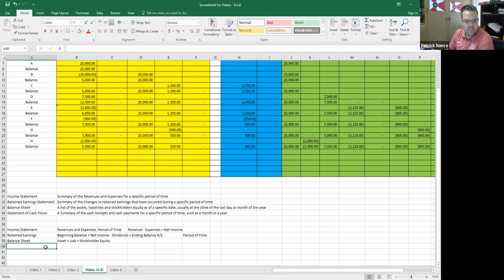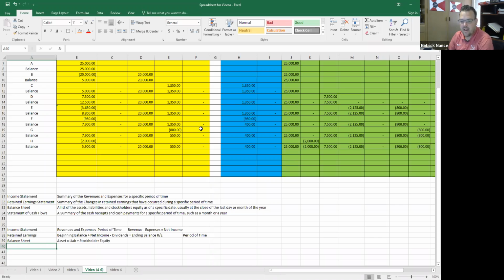I'll just briefly mention the statement of cash flows. The statement of cash flows is a retelling of the financial statements in a way that shows what actually happened with cash, because as you can see, there are times when we have earned something or paid for something but haven't paid for it in cash yet. So the statement of cash flows is kind of a different statement all on its own